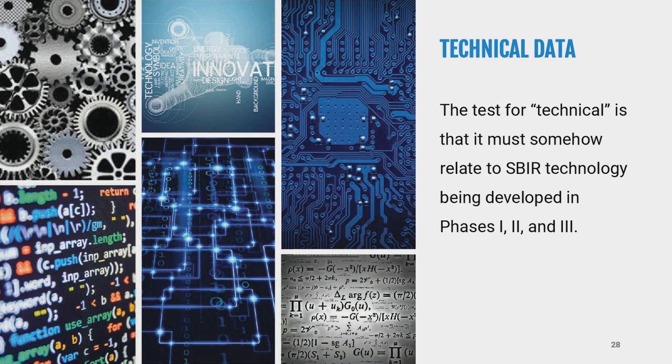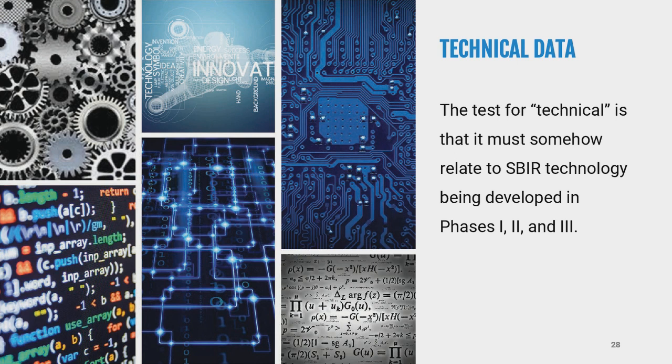So the technical requirement is that it must relate somehow to the SBIR technology being developed in phases 1, 2, or 3. Okay? And this particular SBIR data will be something that a SBIR firm will seek to protect. Information or data that the SBIR firm advertises on its website is not something that it feels it must protect. You have to kind of basically genericize this. If you share your SBIR data to the public or unleash it on the web, the government's going to say this could forfeit your SBIR data rights. So that's something you want to think about, especially as you're sharing or marketing some of your technical data.